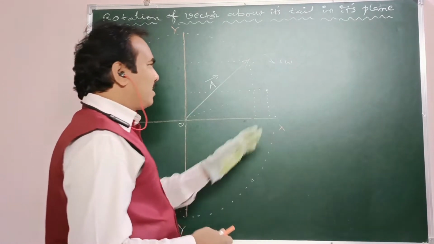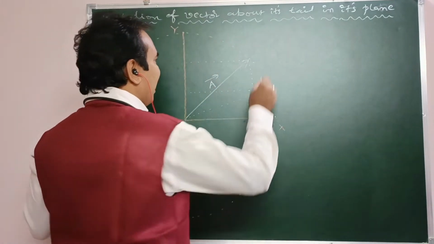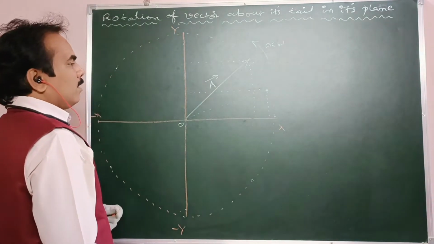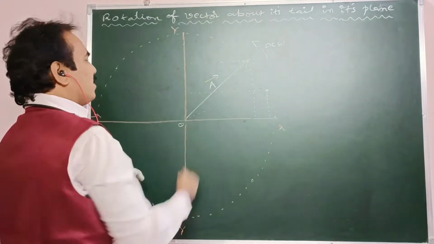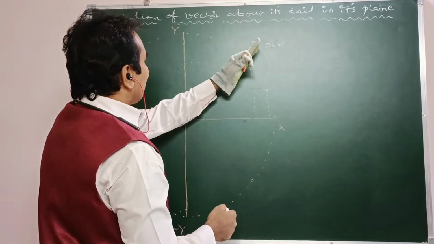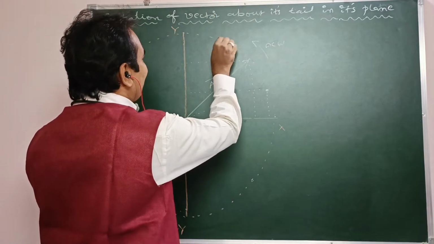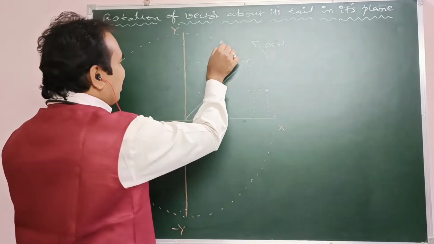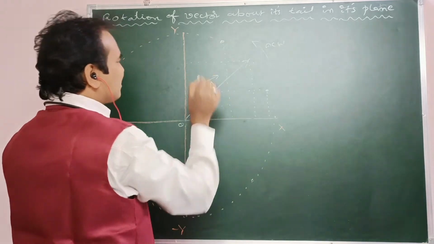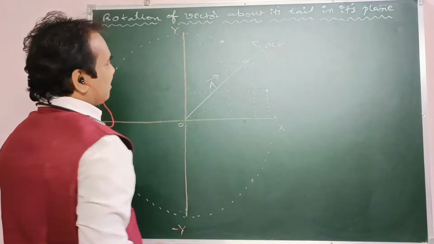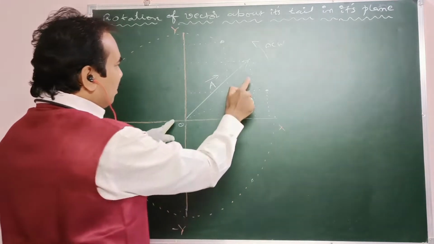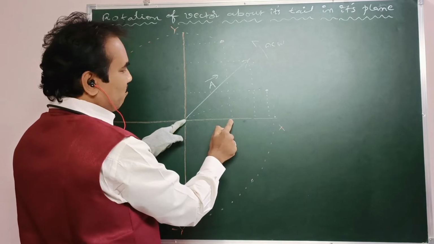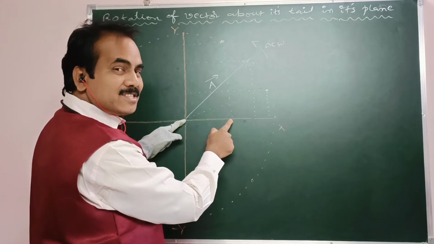If the same vector is rotated in the anti-clockwise sense, for example, suppose the vector comes here like that. So this is the tip of the vector, for example. From this tip of the vector, I am drawing two normals, one onto the x-axis, another one onto the y-axis line. Now, previously this is the x component, otherwise the x projection. Presently this is the x component. It means the x coordinate decreases. The x component decreases.